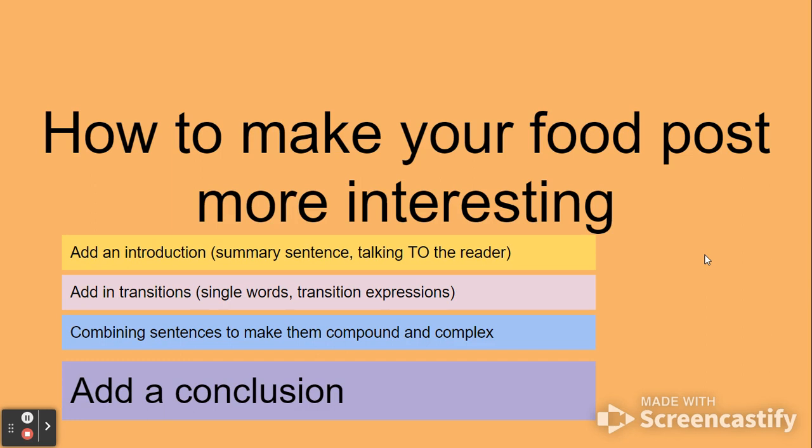It's good to have a variety. And finally, you want to make sure that you end with the conclusion. Make sure that you are pacing yourself in those 20 minutes that you have to write to add a conclusion. So with that said,